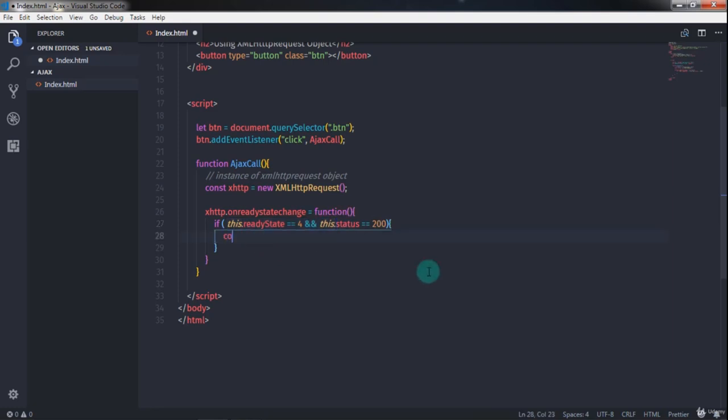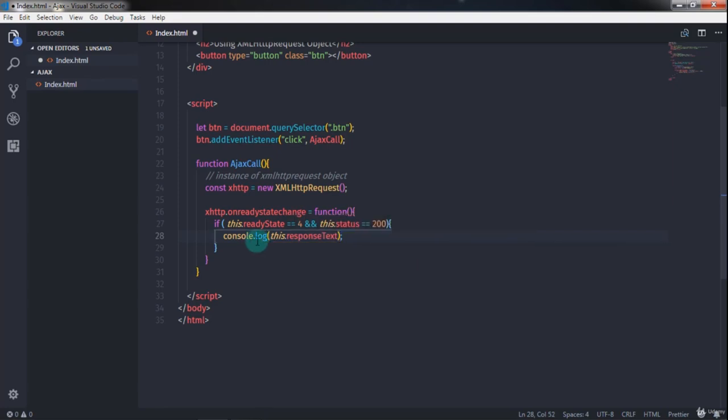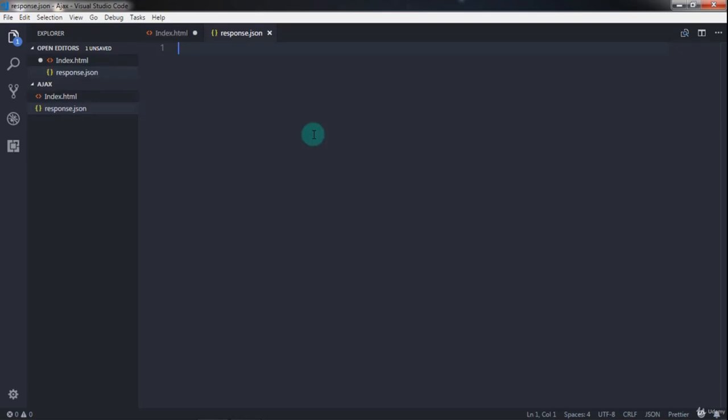So here I will say console.log and this.responseText. The responseText property will get the response from the server, right? But first we need to create a mimic of the server response. So we will create a JSON file to mimic the server response. So here I will create a file, and I will call it response.json, and in this file I will